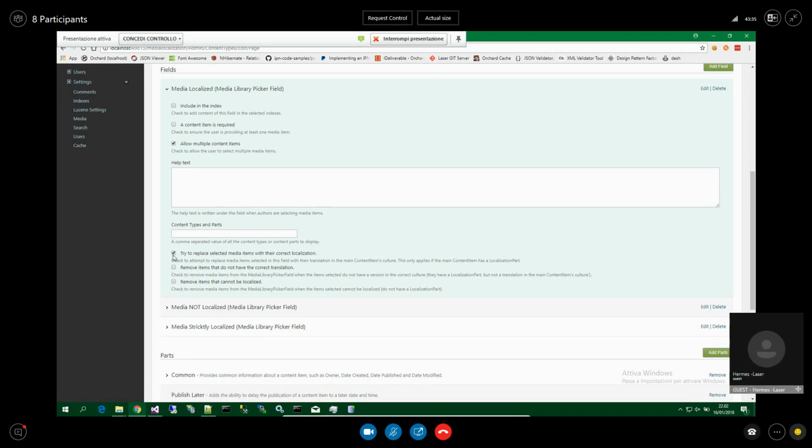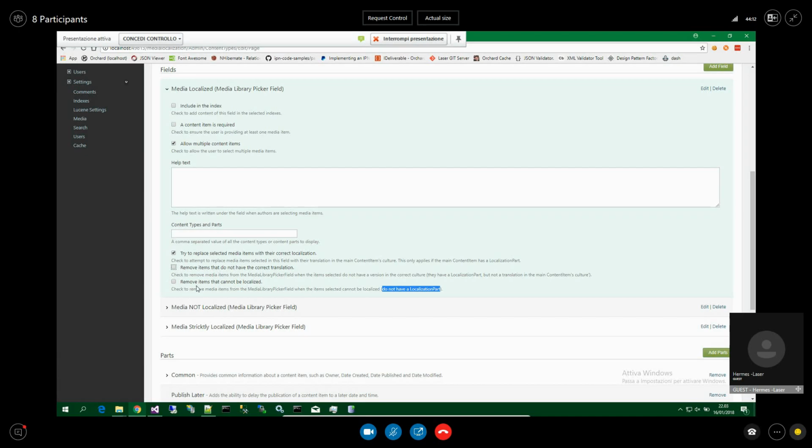So when I select this, I can choose to try to replace, and if something can be translated, I can keep it, or don't keep the item, so I remove the items from the media library picker field. If it has no translation, it cannot be localized. Cannot be localized is when the media has no localization part.